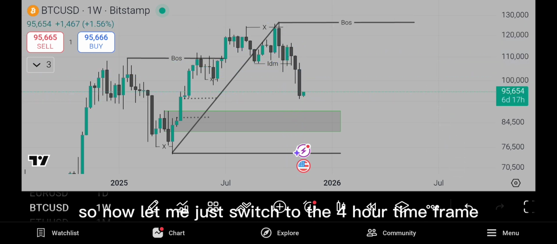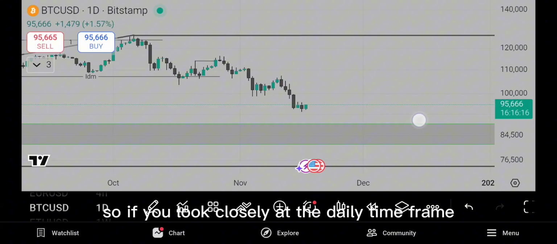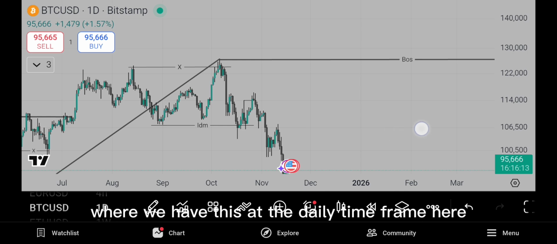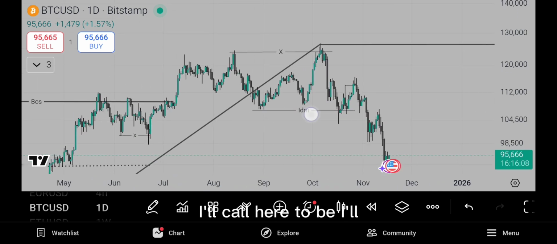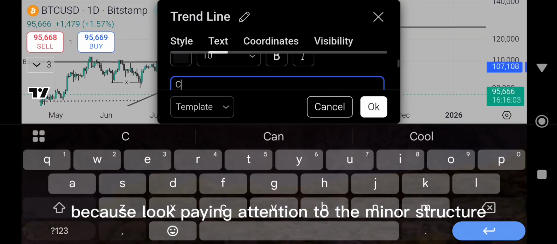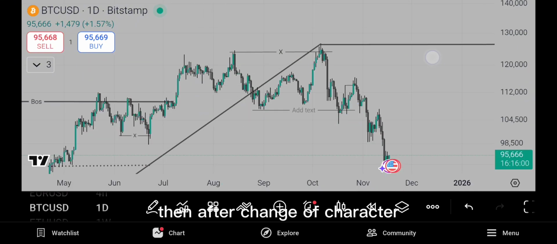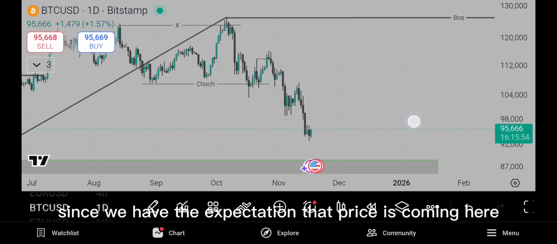So now let me just switch to the 4-hour time frame, or no, let me switch to the daily time frame. So if you look closely at the daily time frame, I'll change here to be my change of character, because look, paying attention to the minor structure, that's the change of character. Then after change of character, what did price do? After change of character, since we have the expectation that price is coming here,